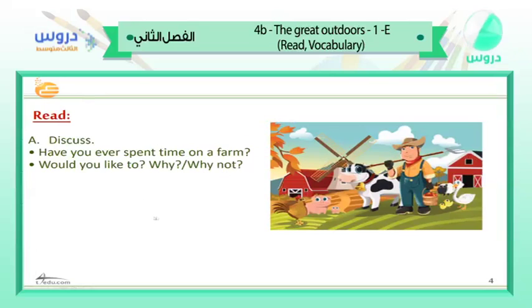Personally, I would love to because sometimes it relaxes you from the tension of the city. It makes you relaxed. Sometimes when you go back to nature and the green places and the animals, you feel that the tension goes off and you feel a relief. So that's why I would love to go to the farm.